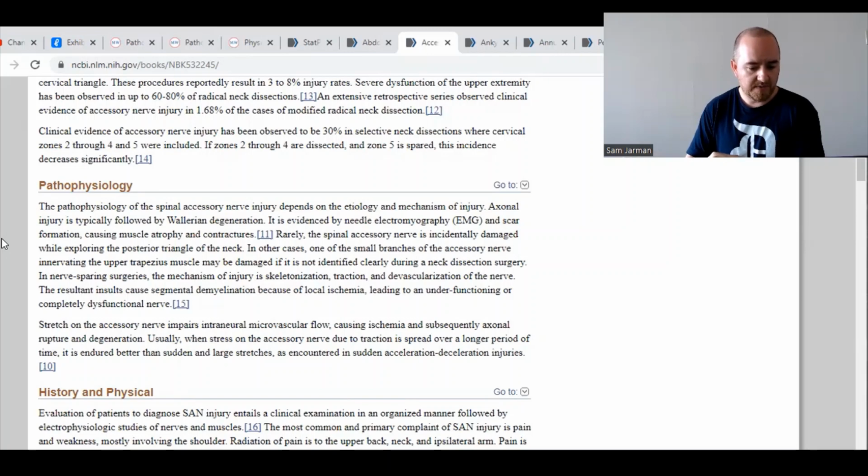Stretch on the accessory nerve impairs intraneural microvascular flow, causing ischemia and subsequently axonal rupture and degeneration. Usually when the stress on the accessory nerve due to traction is spread over a longer period of time, it is endured better than sudden and large stretches as encountered in sudden acceleration, deceleration injuries. So this is usually collisions. So vehicle collisions or person-to-person collisions, things like football, things like wrestling or grappling broadly. Anyways, you again get from this that you can likely identify through contracture, poor motion, or